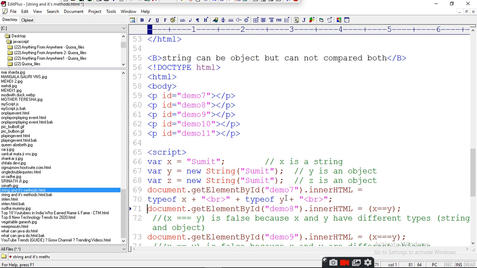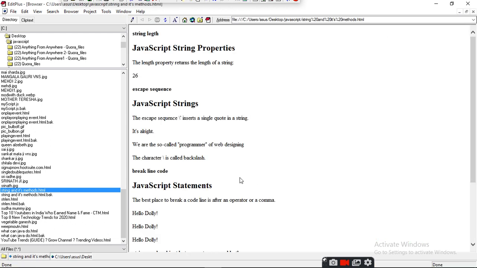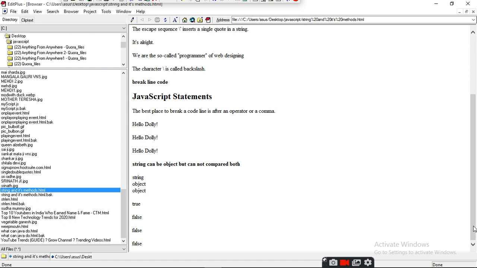And then plus typeof z. Then it will give you the z type also. Now run this and find the type of the variable. It is giving string, object and object.